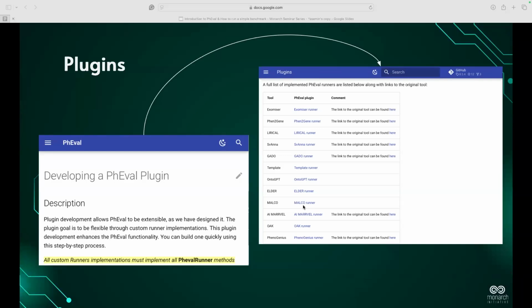This separation means that PhEval itself remains clean and modular, and you can support a new tool just by writing another plugin without modifying the core code base. And hopefully this also encourages community contributions. If there's a team out there that develops a new prioritization algorithm, you can just create and share a runner for it. This allows other people in the research space to evaluate it side by side with established tools like